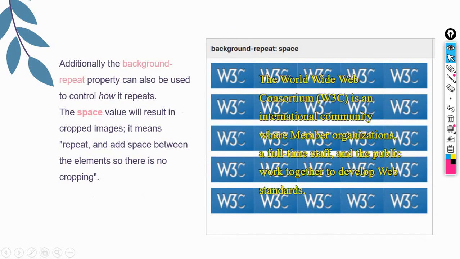Additionally, the background repeat property can also be used to control how it repeats. The space value will result in no cropped images. It means repeat and add space between the elements, so there is no cropping. So here's an example. You can see here the spaces